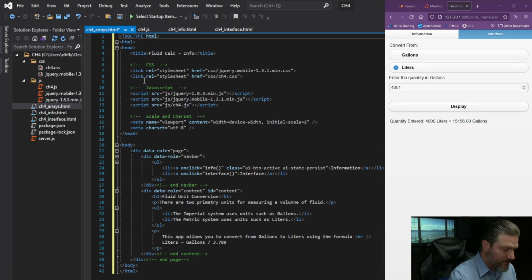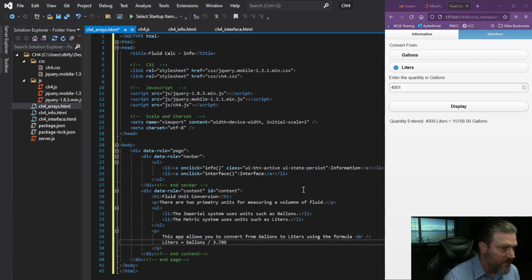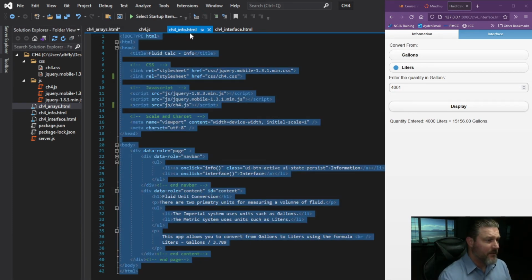So we have, why is that not backspacing? Oh, sorry. I don't know what this yellow line is. Anyway, we have an arrays page. Let's see what it looks like. If we go,